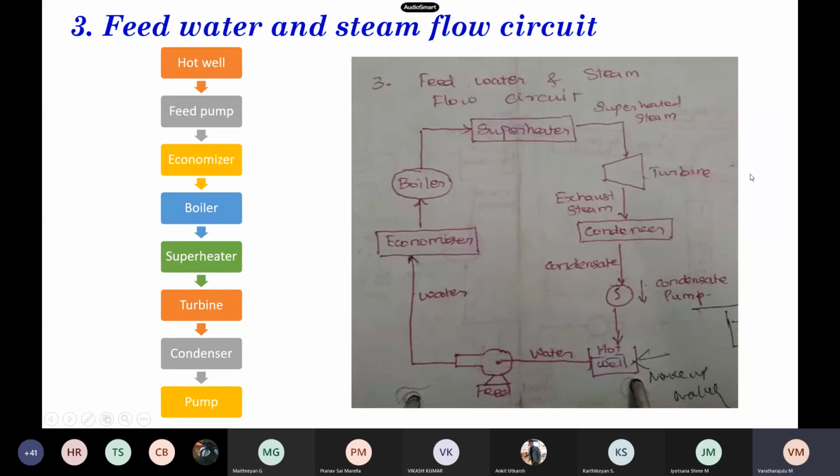Turbine is connected to a shaft. The turbine is rotated with the aid of superheated steam, and once the turbine starts to rotate, we get the power from the generator. Once the work is done, the steam is sent to the condenser in order to condense it, to convert it into water. Through the pump, it is sent to the well. When we receive the water from the condenser, the well becomes the hot well.